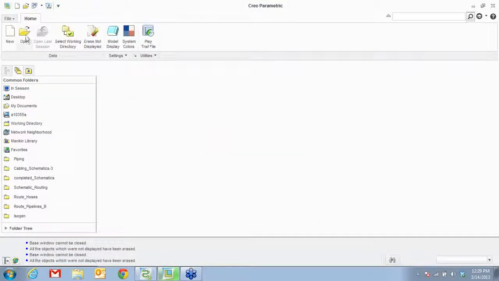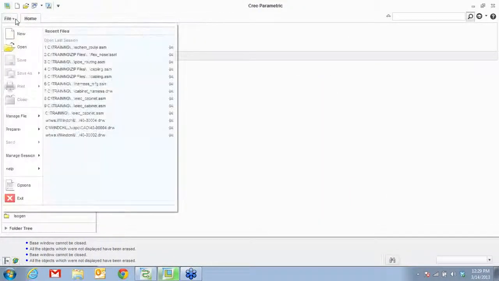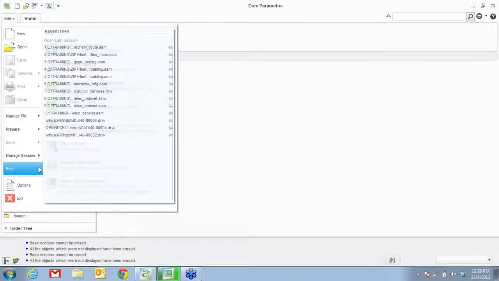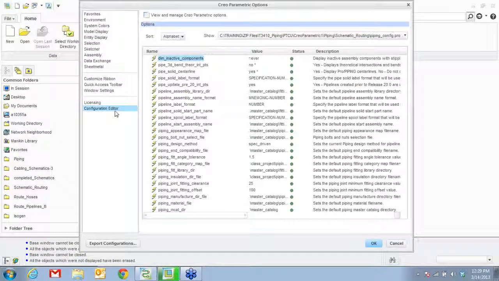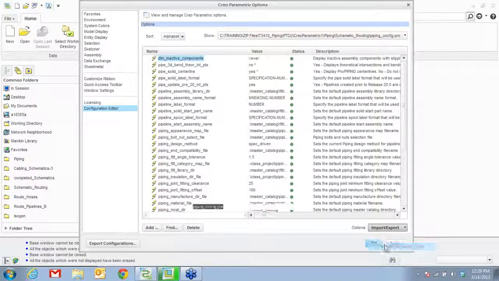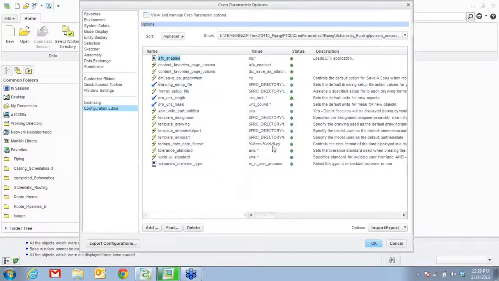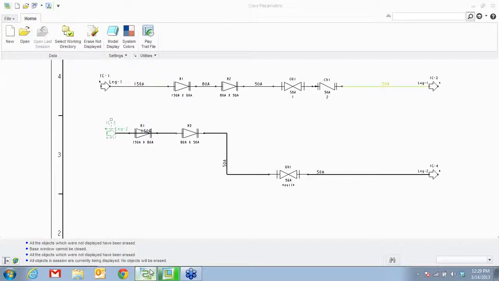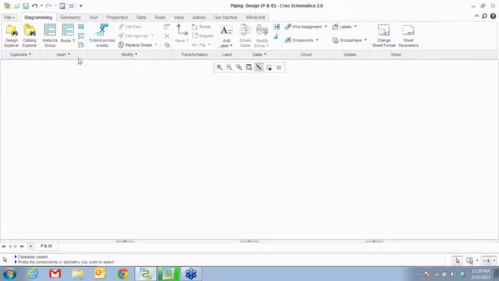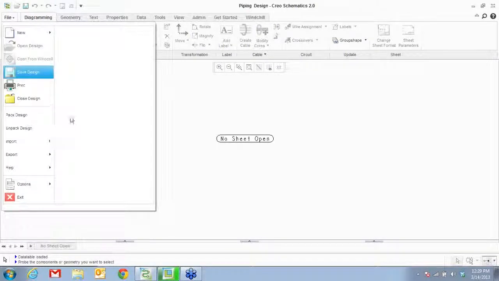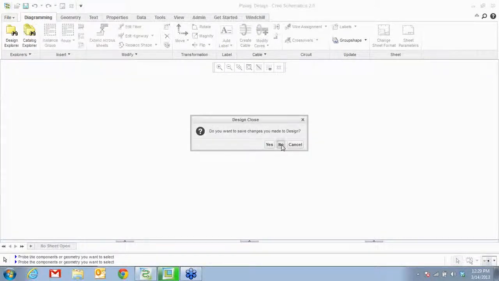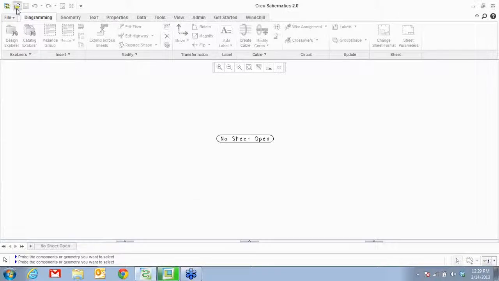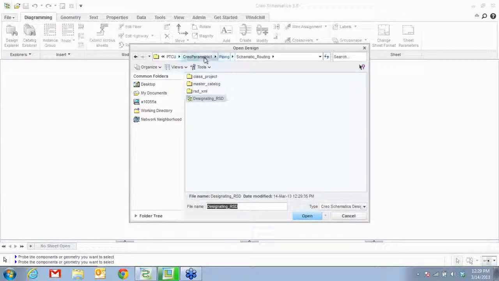Alright, so that's what I had for piping. I'm going to step in and show you cabling in just about 1 second. I just need to change my config options. So now we're going to go ahead and talk about cabling. Even in cabling, you have manual and schematic driven cabling. Let's look at some of the schematics here before we go ahead with some other kinds.